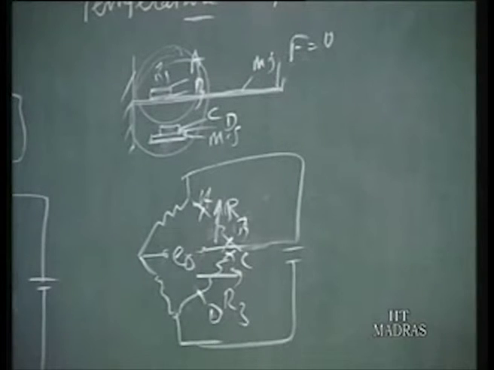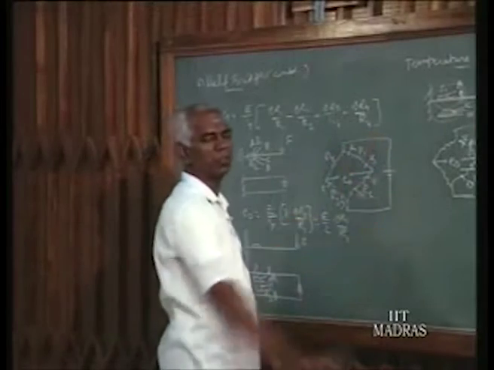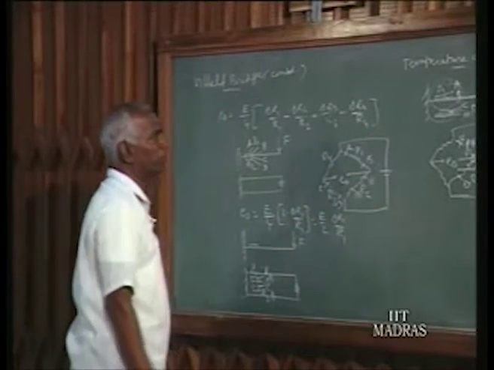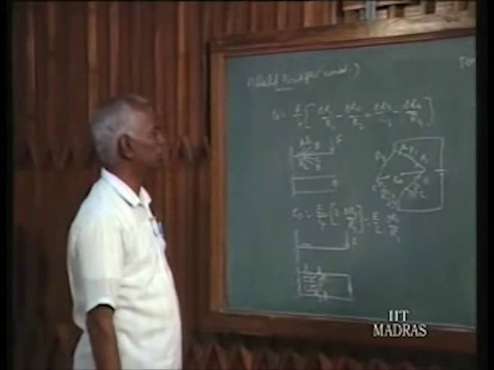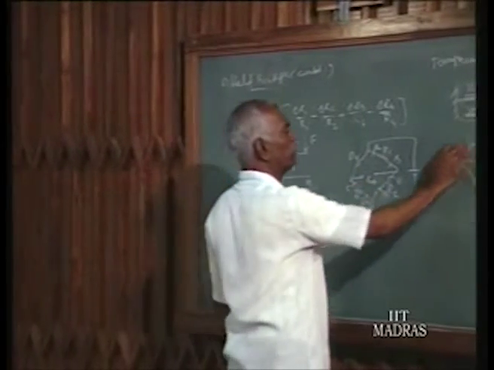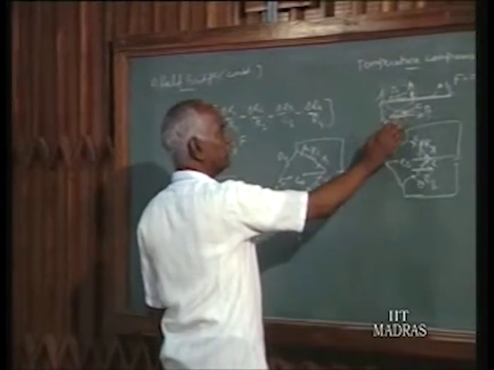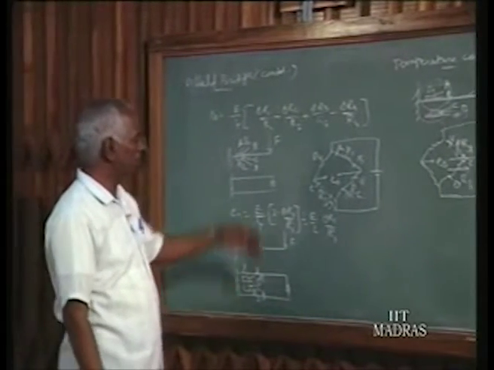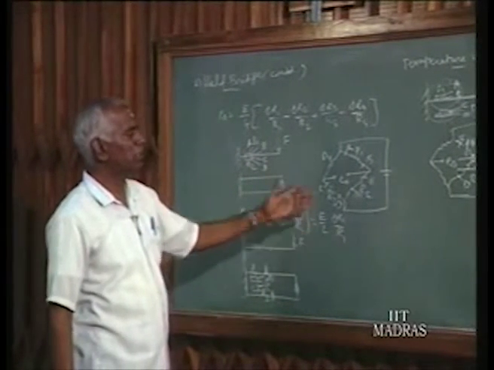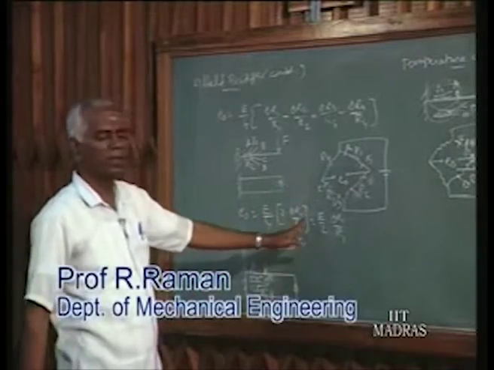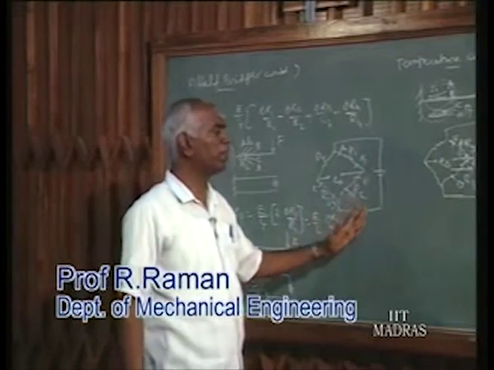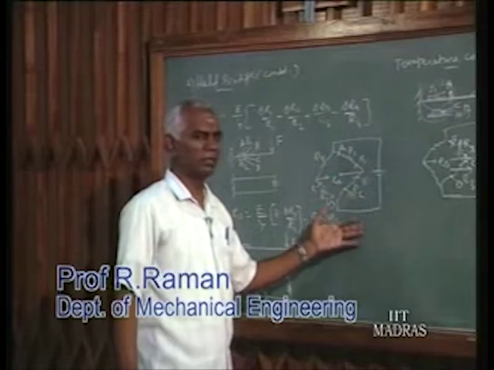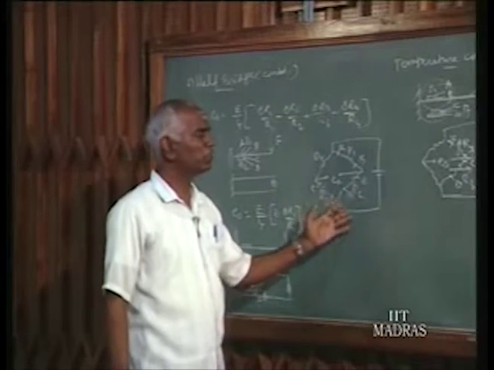That's called temperature compensation. So the bad effect in increased sensitivity is well made use of in compensating the temperature effect in the off bridge conditions. So this is off bridge, but actually it is a quarter bridge with a dummy gauge. That's how a disadvantage in one situation is made use of in another situation. Just like in bearings, friction is unwanted, but in clutches and brakes friction is required.